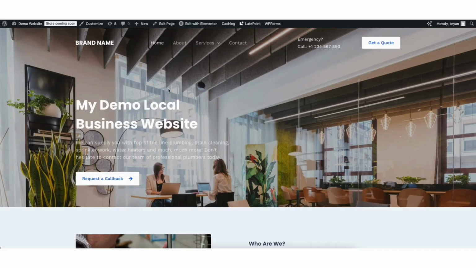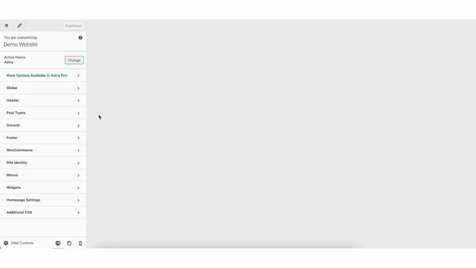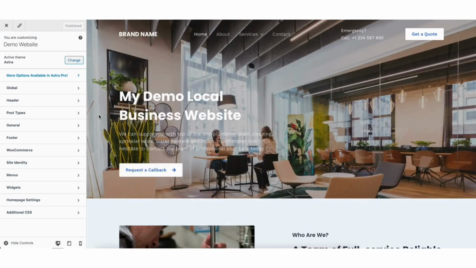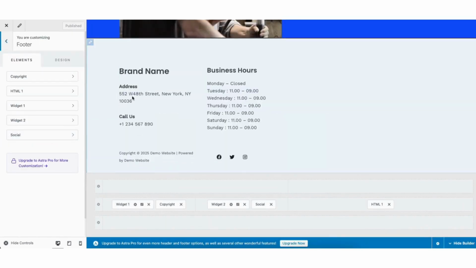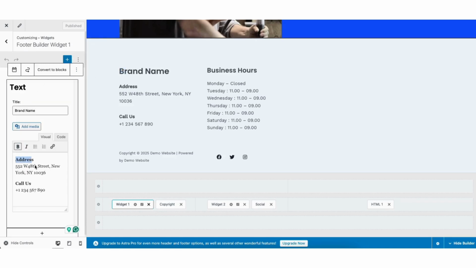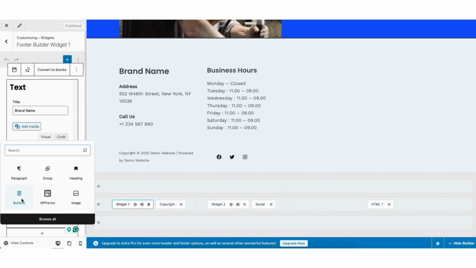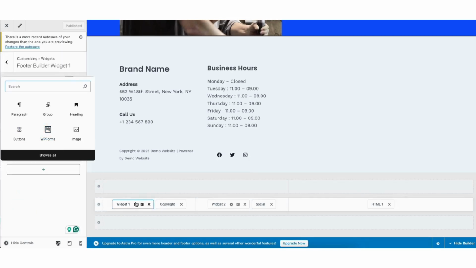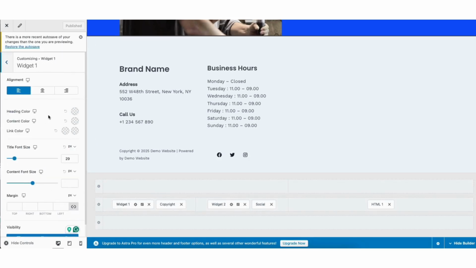Now let me show you how to make edits to the footer, header, and logo of your site. From the view of your site, click Customize in the top toolbar. You'll be taken to the Customize page. Click Footer. You can then click an area in the footer area to start making edits to that section over on the left side. If you click the plus icon, you can then add things in this section of the footer. If you click the design icon, you can then make additional changes for that section in the footer.